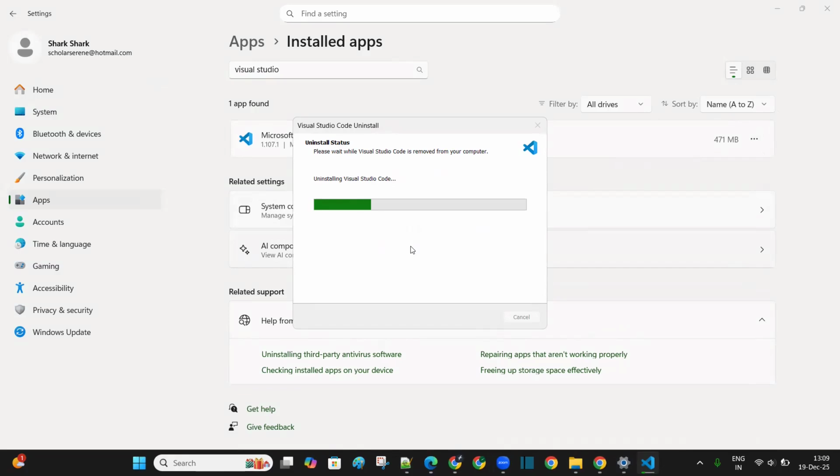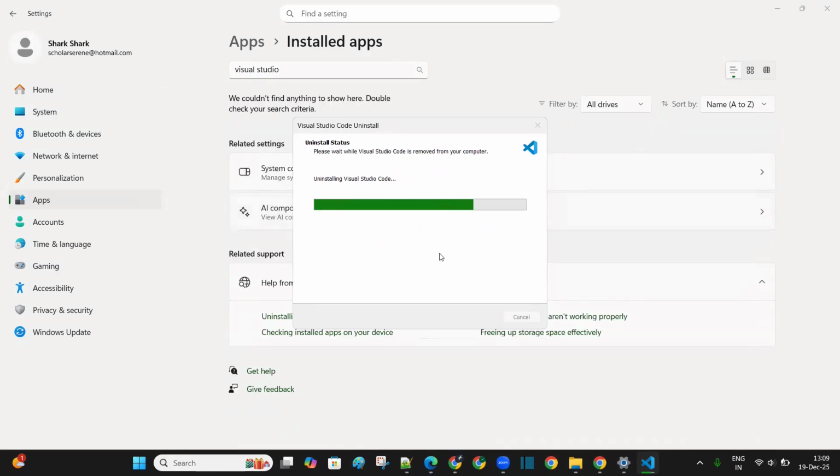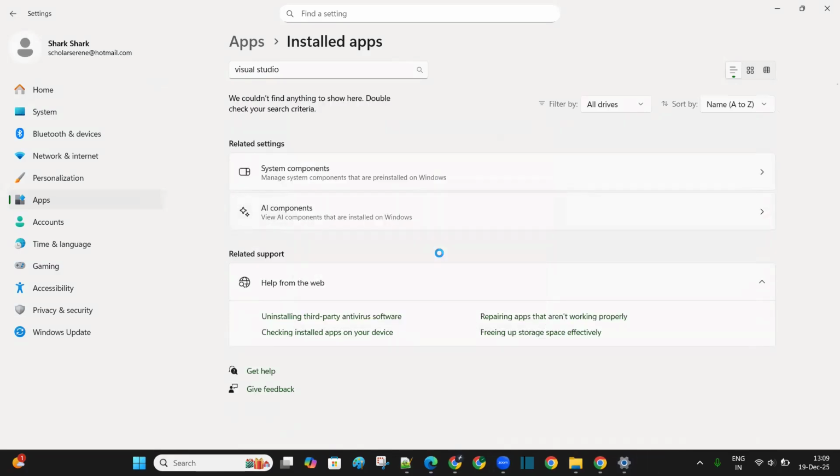Okay, so the uninstalling is in progress. Once this is done, click on OK. Okay, so the uninstallation is being successful via the Windows settings. And you can verify this if the uninstallation is done completely